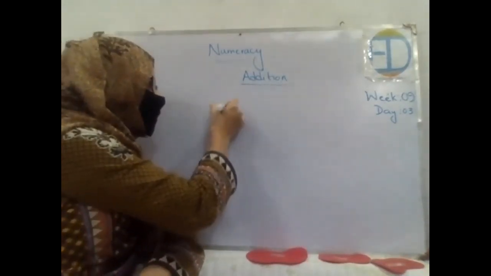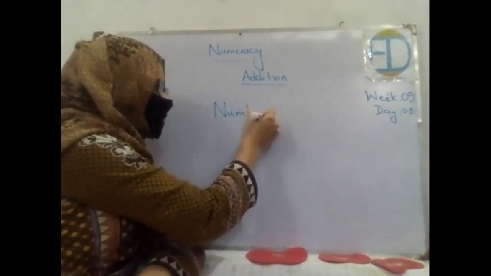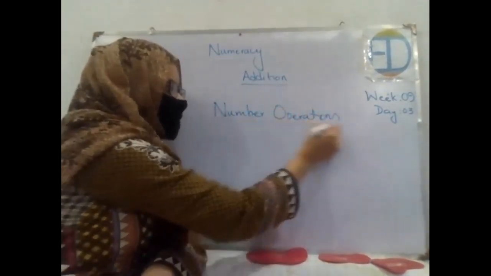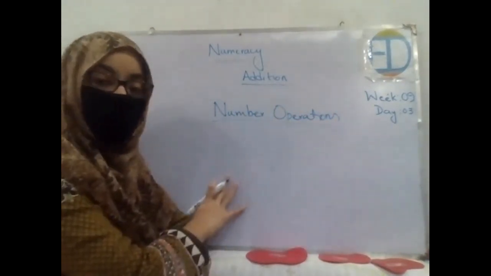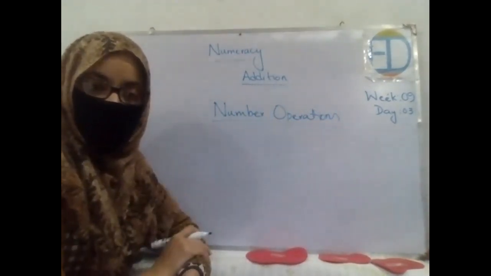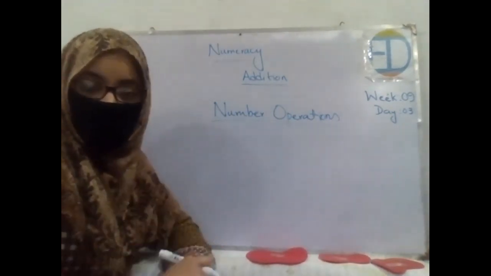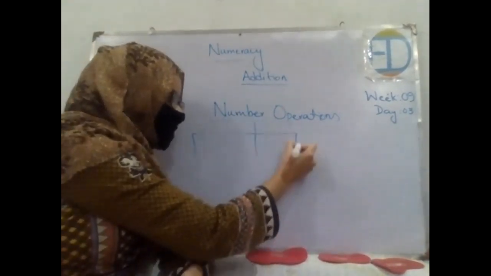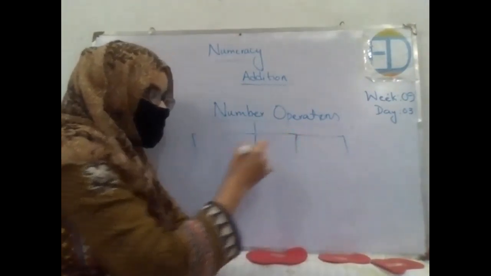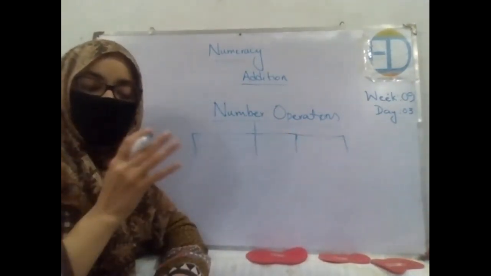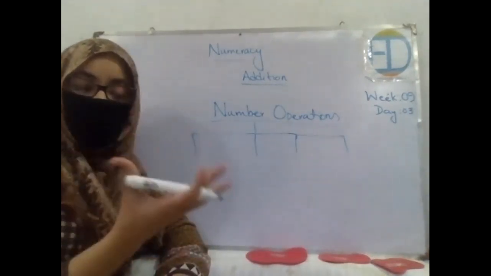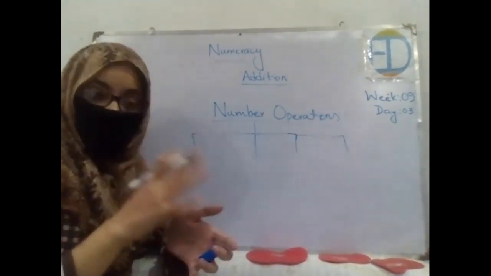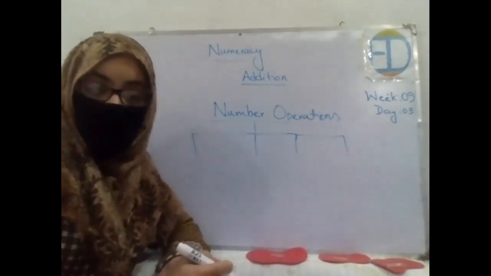Okay. So, tell me how many of you have heard this term, number operations? The unit name is number operations. Can you tell me what are number operations or how many types of number operations there are in mathematics? Four, excellent. There are four types of number operations in mathematics, but first let's discuss what number operations are. Number operations are basically four different types of operations in mathematics with the help of which we add, subtract, multiply, and divide different numbers, right?